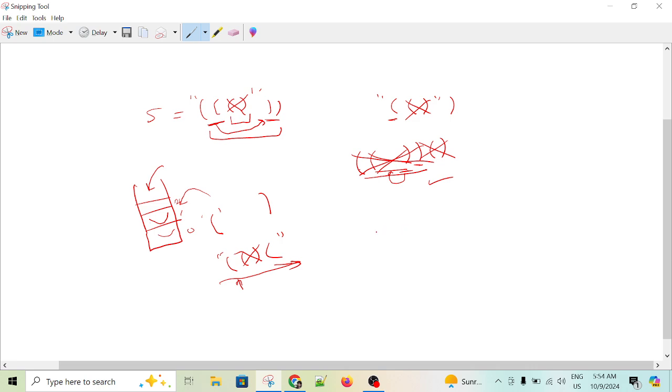And one more question: if you have a string something like this, two closing parentheses and two opening parentheses. If your stack is empty and you encounter a closing parenthesis, you will include that in the answer. Whenever you hit a closing parenthesis but your stack is empty, in this case you will